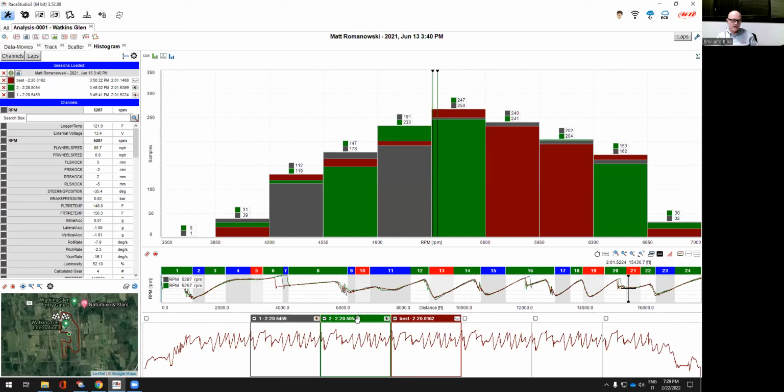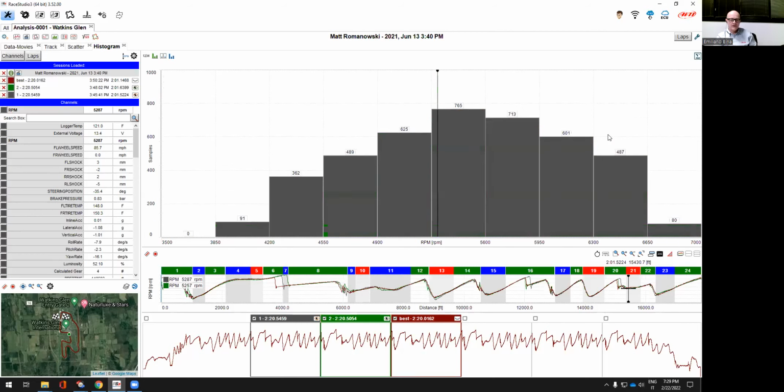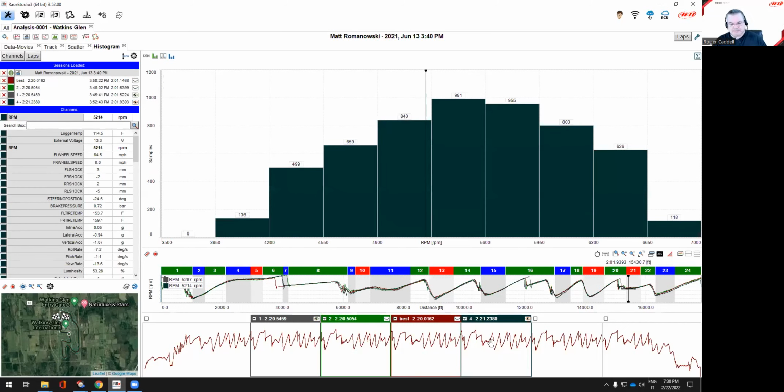The green bar is this one, then we have the brown one and the gray one. If you click this, it will transform into a single histogram, and this is the histogram of these 3 laps summed together. I can add a fourth lap, and this is the histogram